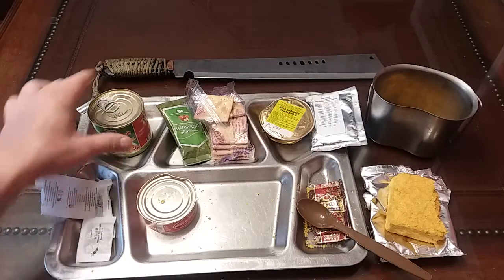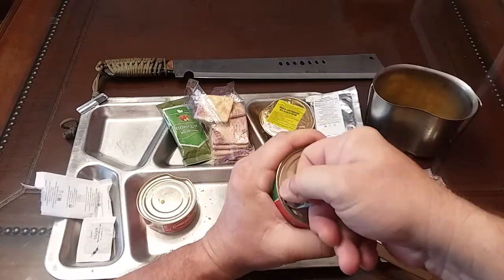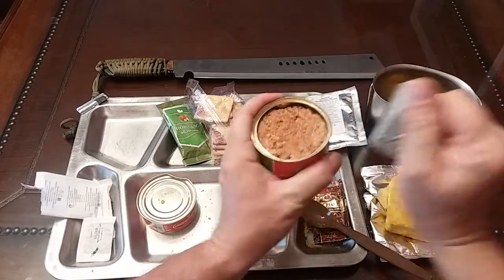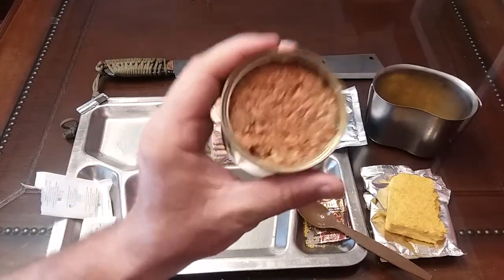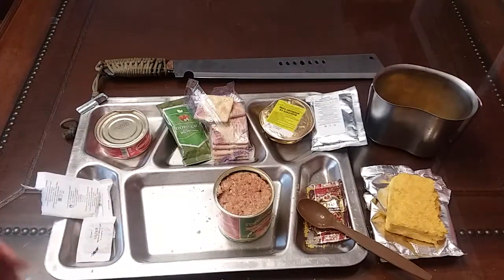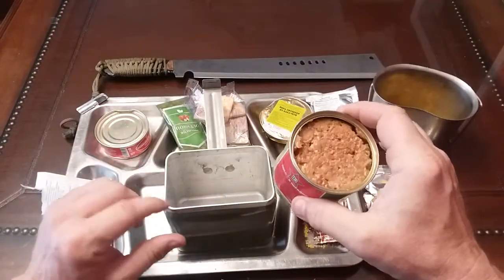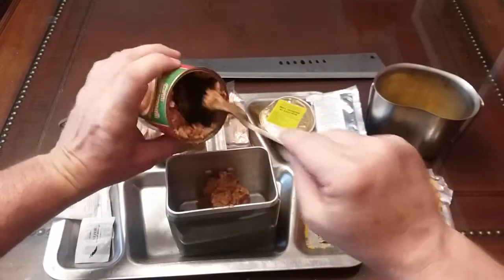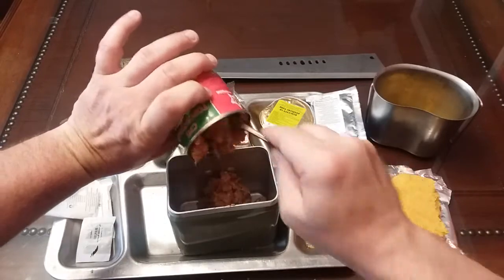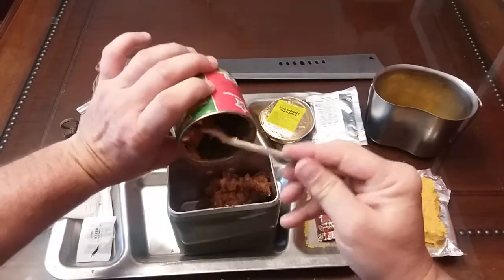Set this over here. Next, we're going to do our pea soup with beef and greens. Again, another interesting item for this. Honestly, it just looks like a can of beef. Really doesn't have any off-putting smells or anything like that, so that's good. For this, I'm going to use one of my European, I think it's Hungarian mess tin. And the directions say to dump this into a can and add 1 can of hot water to it. So we'll just dump this in